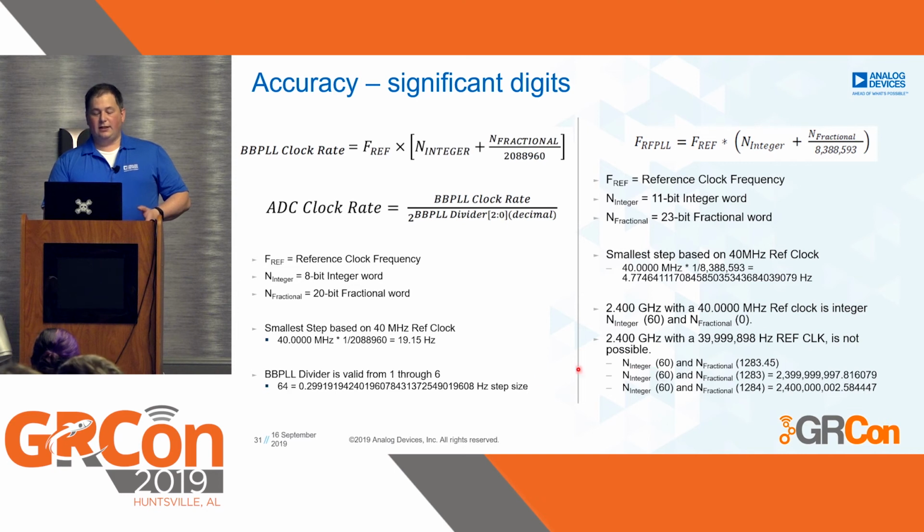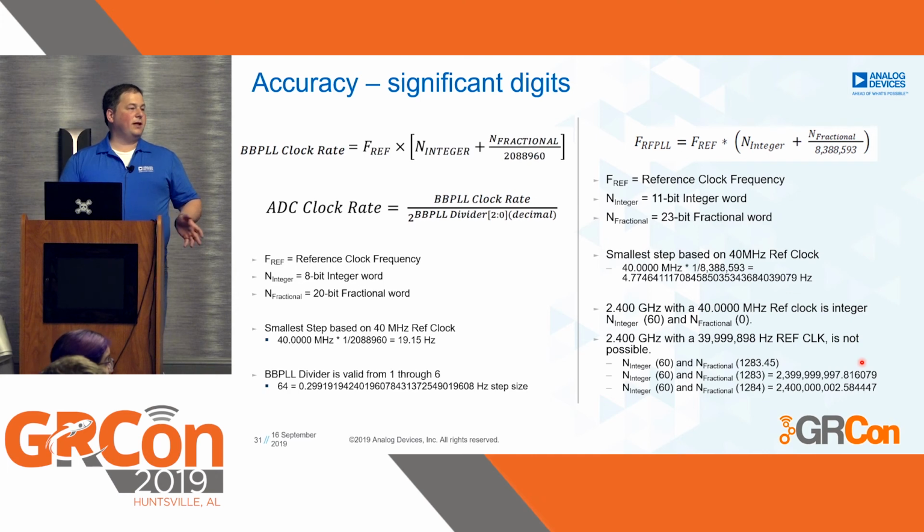But you can see that there are integer steps, even if they're fractional numbers, and no API in the world that I know of actually reports these things as floating point numbers. So this one would get reported as 2.40000002. It may truncate, it may round, it may do floor. It really depends on what the API looks like. And you'll always be half a hertz off, or 0.8 hertz off, or 0.2 hertz off, which for some algorithms may not be a problem, but for others may be.